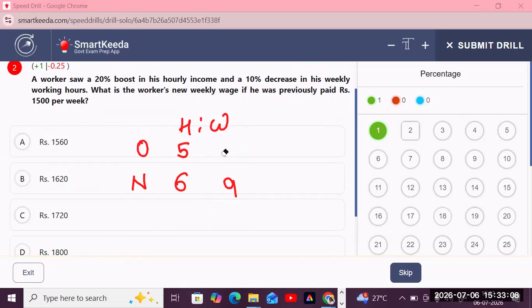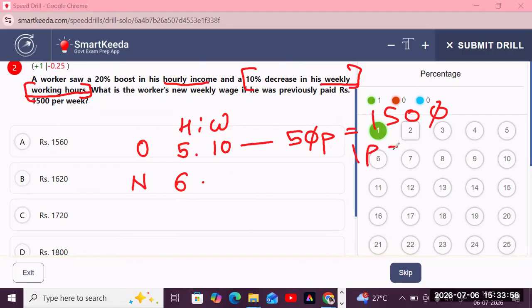हाँ, और देखो, hourly is this much, hold on, hourly income and a decrease in his weekly working hours, मतलब काम करने के लिए जो घंटे हैं वो कम हो गए हैं। ओके, सो अगर आवर्ली उसको 5 रुपीज मिल रहा है assumption, और अगर वो 10 hours काम कर रहा है पर वीक, उसको 50 पार्ट्स का अमाउंट देना चाहिए जो है इक्वल टू 30।